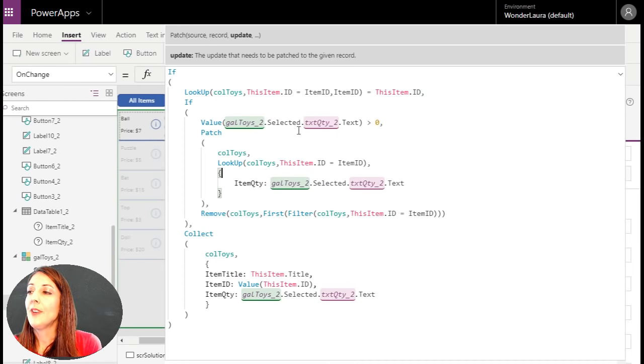Okay, so if it is greater than 0, basically it's patching. If it's not greater than 0, which means it is a 0 or a negative number, which I'm not sure why you'd type a negative number in there, then it's going to remove it. So remove is like delete. Remove is where we can delete something from SharePoint, delete something from a collection, any sort of list of things. So for the remove statement,